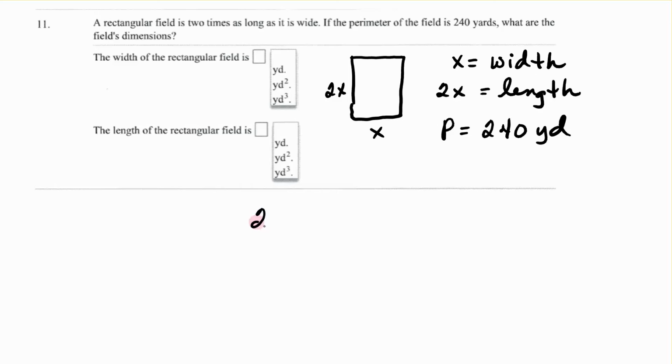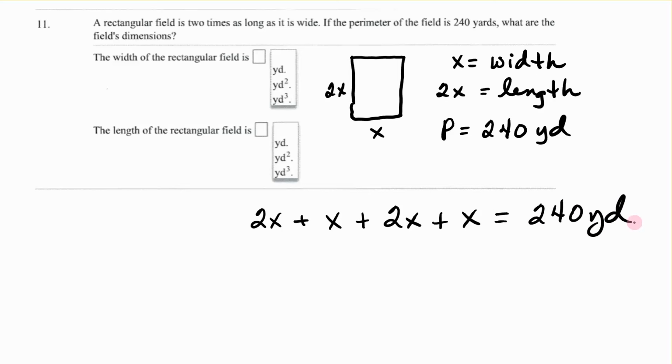So, 2x plus x plus 2x plus x equals 240 yards. Let's go back and reflect on that. If this length is 2x, then this length is 2x. If this width is x, this width is x, and the sum of all 4 sides has to equal the